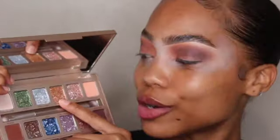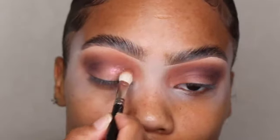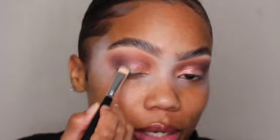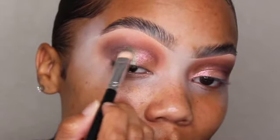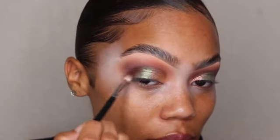Next, I'm going to use this color called Tiger's Eye. I'm going to apply this color using my MAC 217 brush. And I'm just going to apply this right in the front here. Next, I'm going to use this color called Jade. I'm going to apply this color with my ABH Cosmetics number 12 brush, and I'm going to put this on the other half. Now I'm going to go back with the color Third Eye, and I'm just going to blend this color into